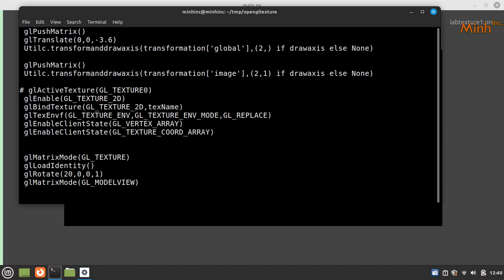Now we will set the vertex pointers. So I'll say GL vertex pointer and 3 GL float. Okay, and for GL vertex pointer, the first is how many values per vertex, so 3. Type is float. Okay, stride, so it is 0, means we will specify the full array now,